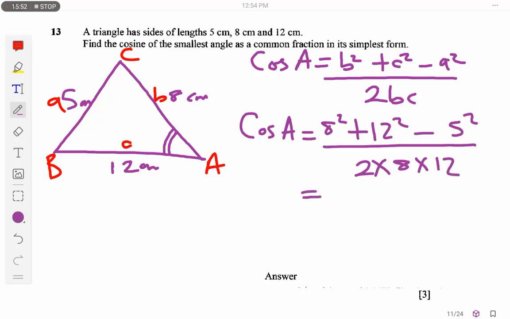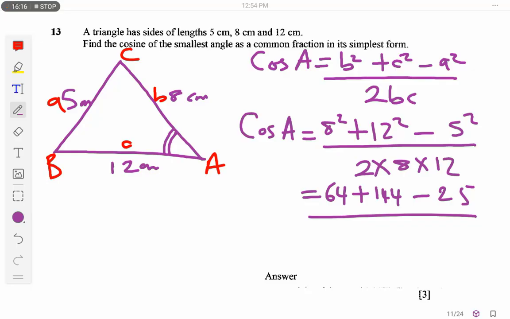Okay, so when I do this, if I multiply here, I'm going to get 8 squared, that's 64, plus 144 minus 25 over 2 times 8 times